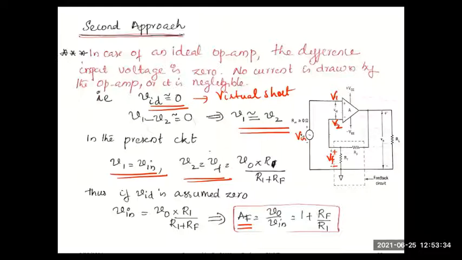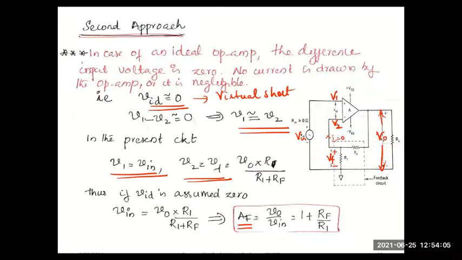And what was the value of Vf? Using the concept of voltage divider, the total voltage from here to here is V0 and the voltage across this resistor is Vf. Remember, the current flowing here is almost 0. All of us know that the op-amp input resistance is very, very high. So almost 0 current enters into the op-amp. That's why I need not consider the division here.